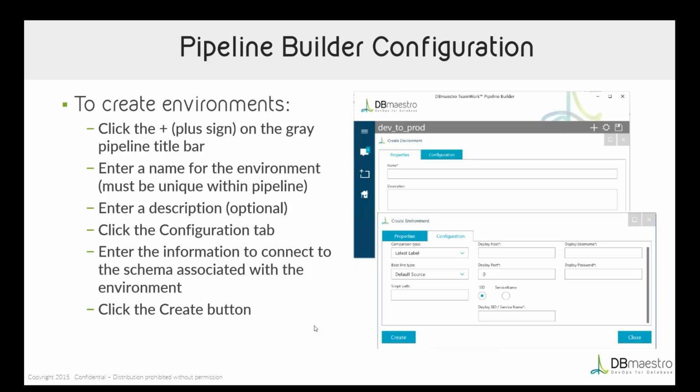And then you can add a description, and then you have to edit the configuration for that particular environment. Now what this does is it tells you how you want to run the comparison. Do you want to use the latest label, the latest check-in, the live version, different options of how you want to determine the objects that are included in that build. And then you have to give us the information of where the schema resides. So you give us the host name,